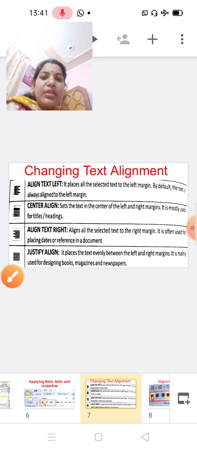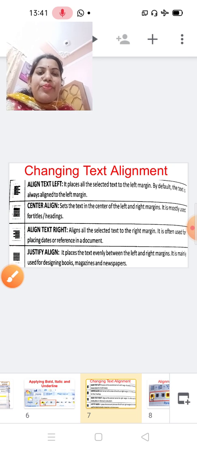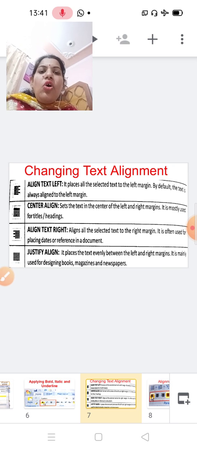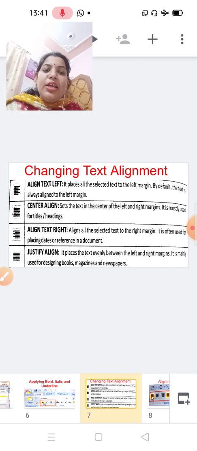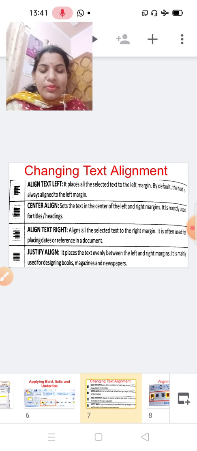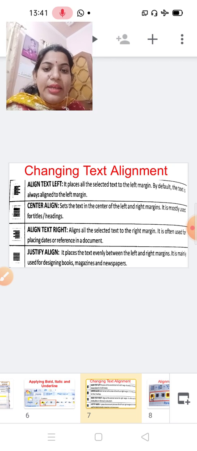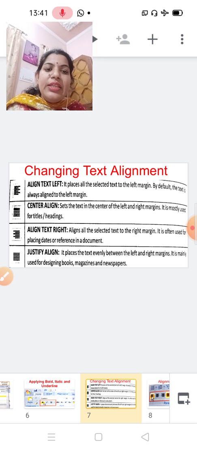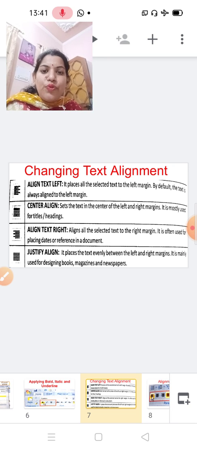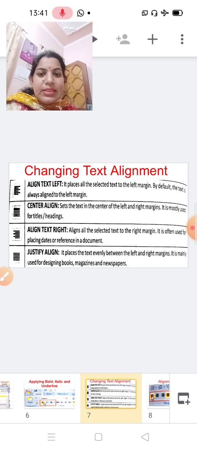First is align text left. It places all the selected text to the left margin. By default, the text is always aligned to the left margin. Next is center align. It sets the text in the center between the left and the right margin. It is mostly used for titles or headings.